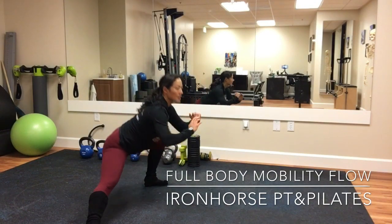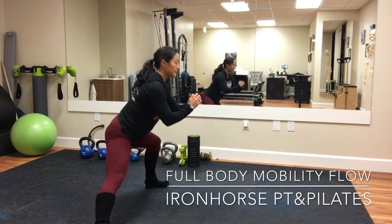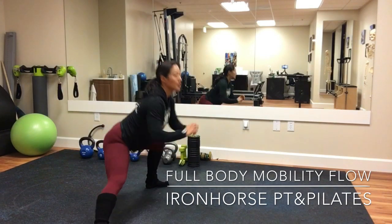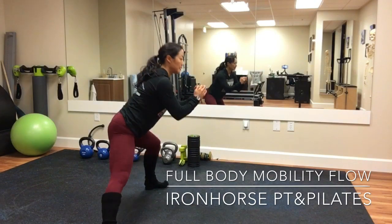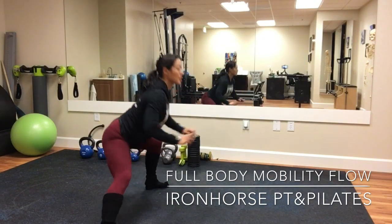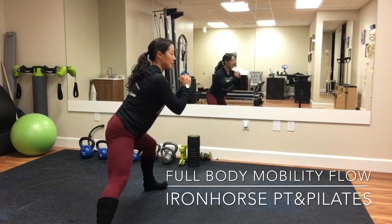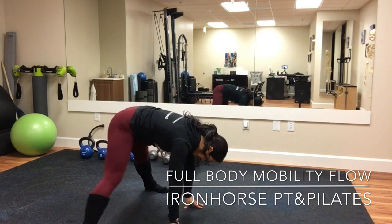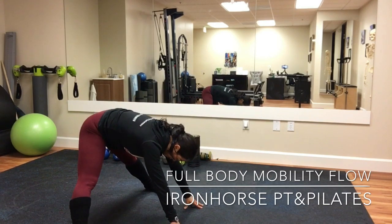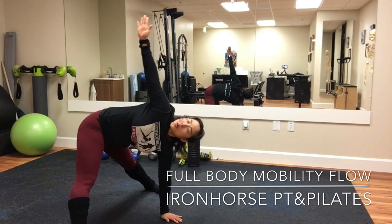Now the right groin or right inner thigh is going to be stretching as you drop into that lateral lunge. Take note if you feel a difference between one side or the other. And only go as low as you feel comfortable, making sure you don't have any pain anywhere or in your knees. Then you're going to separate your feet a little bit and press back so that you get a nice